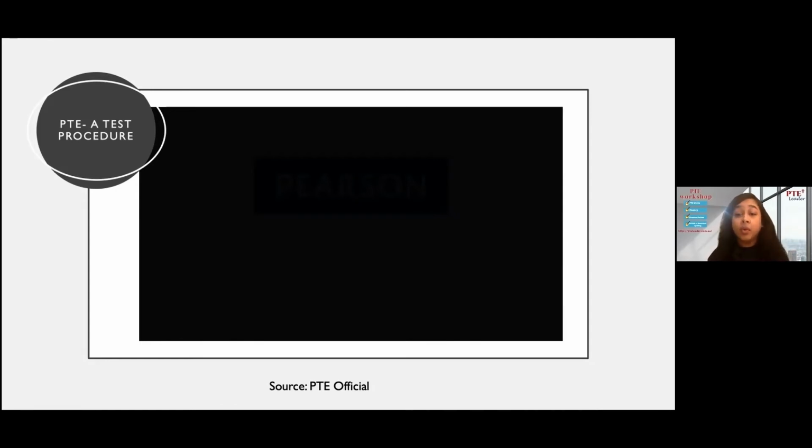And the second thing is, no, in PTE it doesn't happen like that. There is no one else who can mark your performance in the speaking section besides AI. So if you're worried about that, you don't have to worry at all, because only the artificial intelligence scoring system is going to check your performance in speaking, not any other person. So these are the two things. I hope that answers your question.